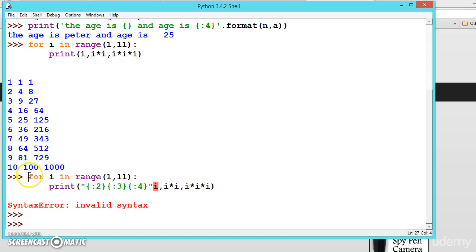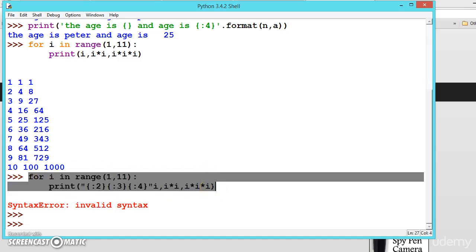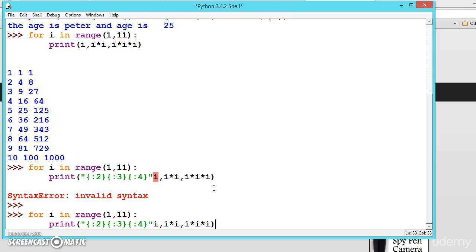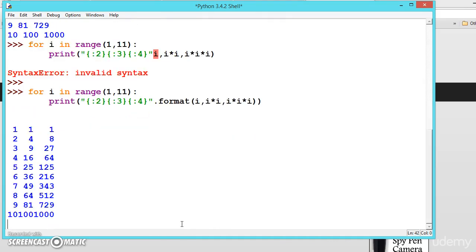Copy this. Copying means for one line, just place the cursor. If you want more than one line, select all of them and press enter. It will copy. And after that, we have to write dot format as the function. Close the bracket and close the bracket. Now see, it is a little bit well structured. So this is how we can use the dot format function for formatting the strings. Hope you understood. Keep practicing. Meet you in the next video.